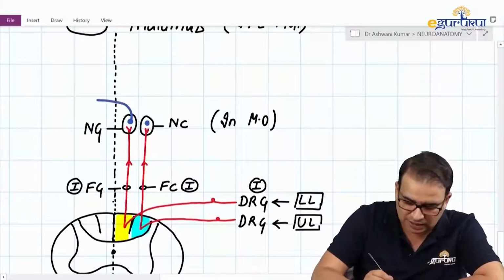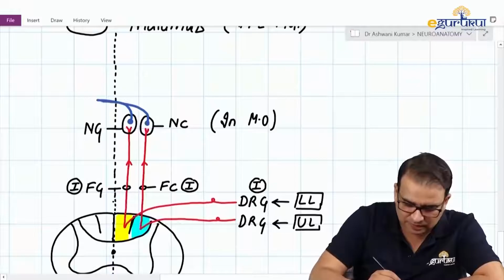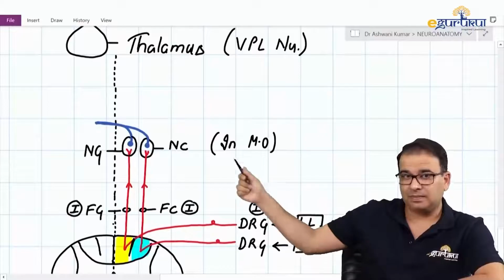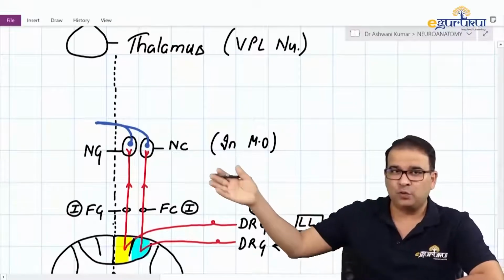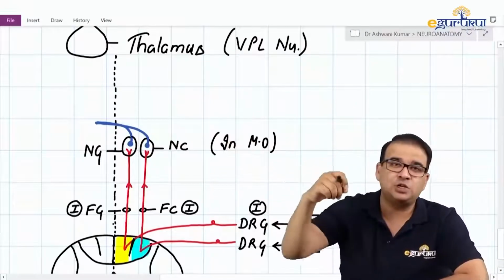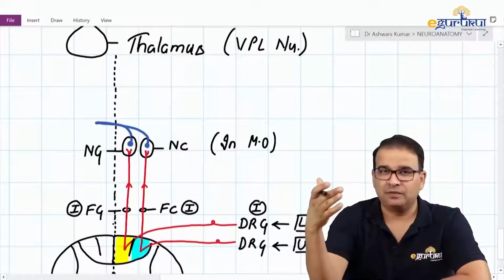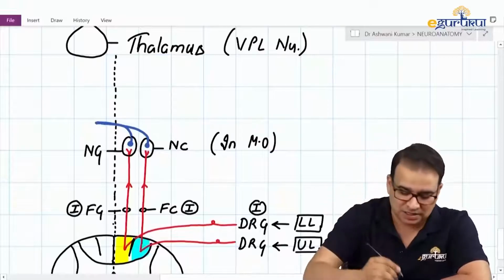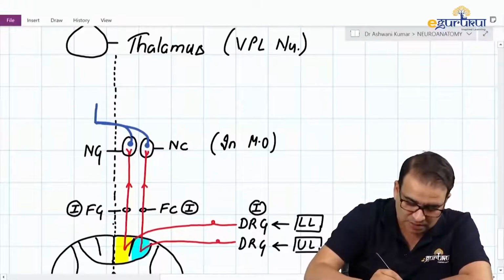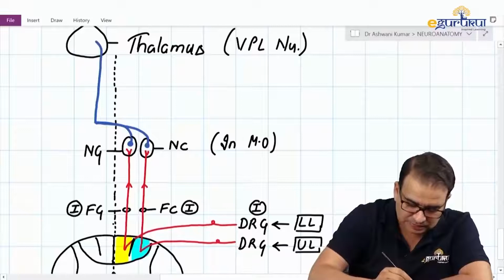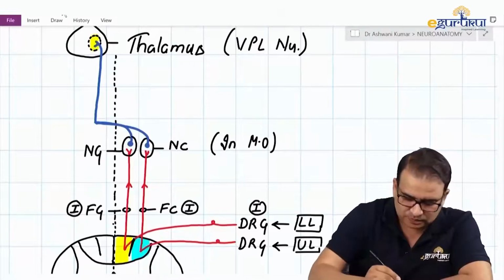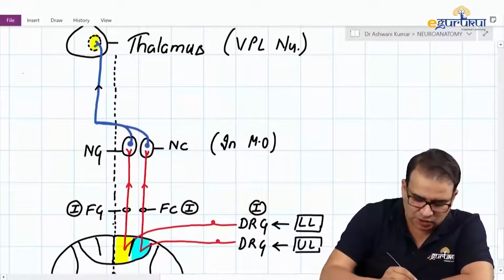There we have it. They immediately decussate to the other side, and because they are decussating to the other side in the brainstem, in the medulla oblongata, when they ascend on the other side, the name will change to the lemniscus. We said that once the tract decussates, goes to the other side, and ascends in the brainstem, the name changes to lemniscus. So this is what you call the medial lemniscus. Going to the same VPL nucleus only. So this lemniscus here, guys, is called the